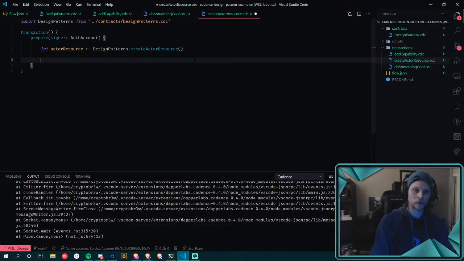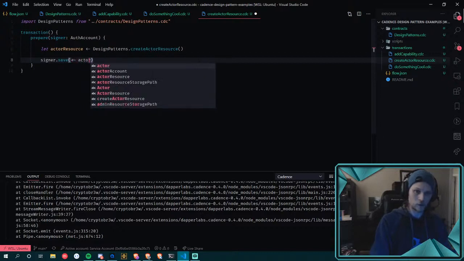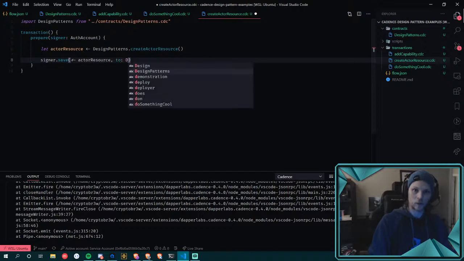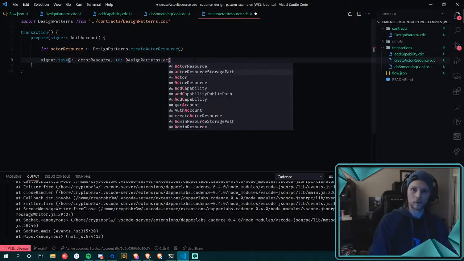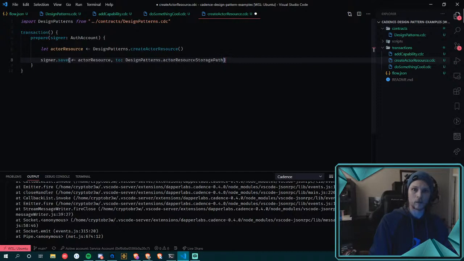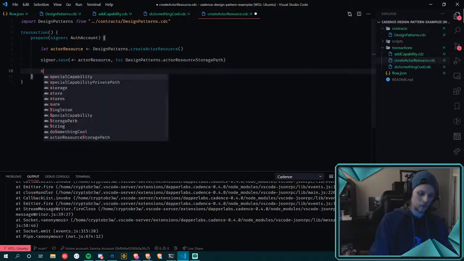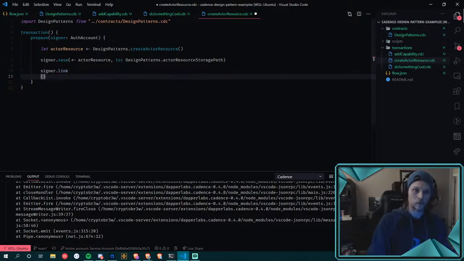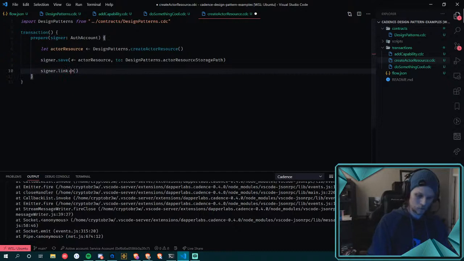And then we just need to save that and move actor resource to design patterns, actor resource storage path, and then we need to link a reference to our,